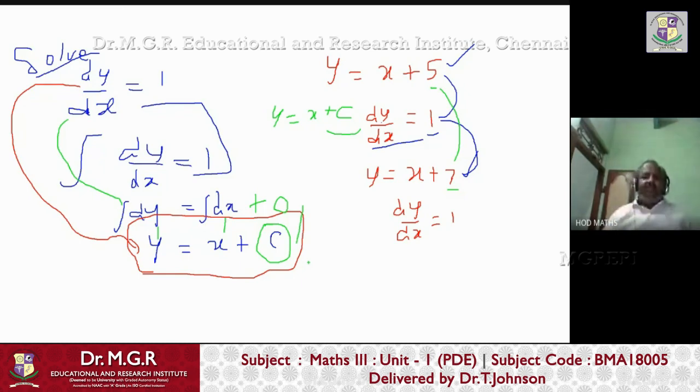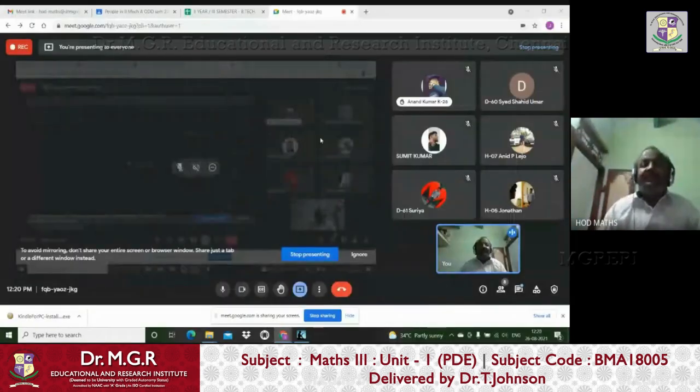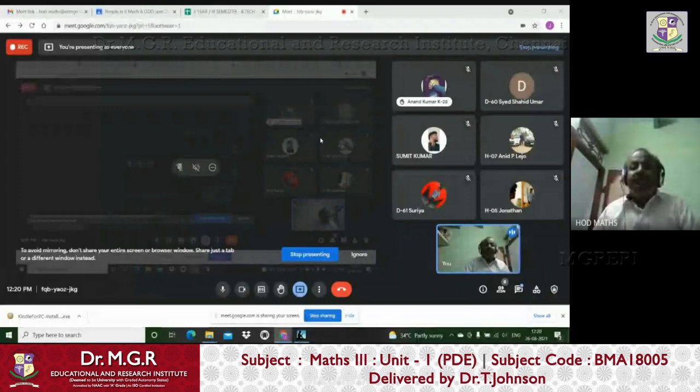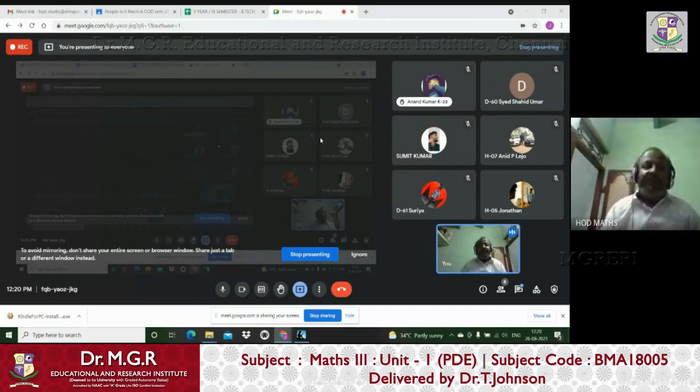Are you able to understand this, students? Are you able to understand this? So this is why they always put the integration constant. But if the limits are given for an integration, then there's no need to put that. I will explain later, not now, right? Because that will confuse you, right?